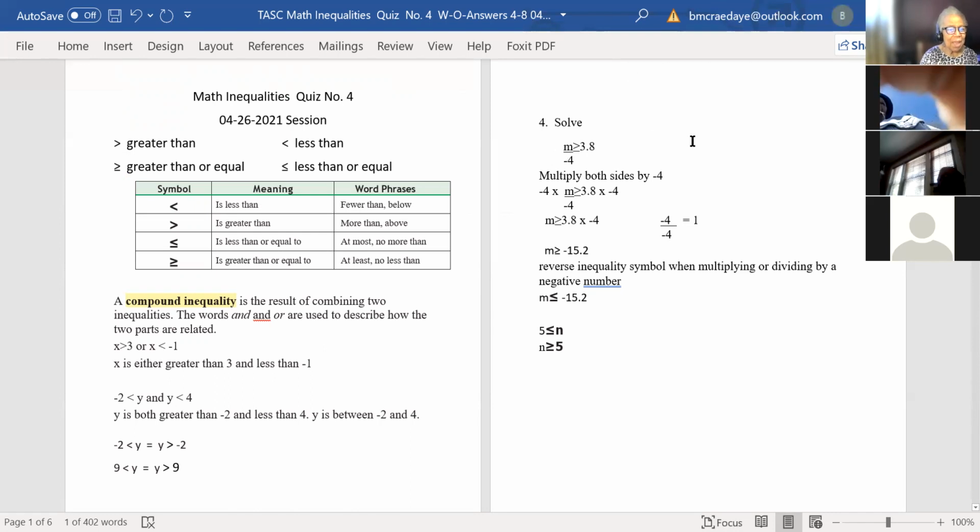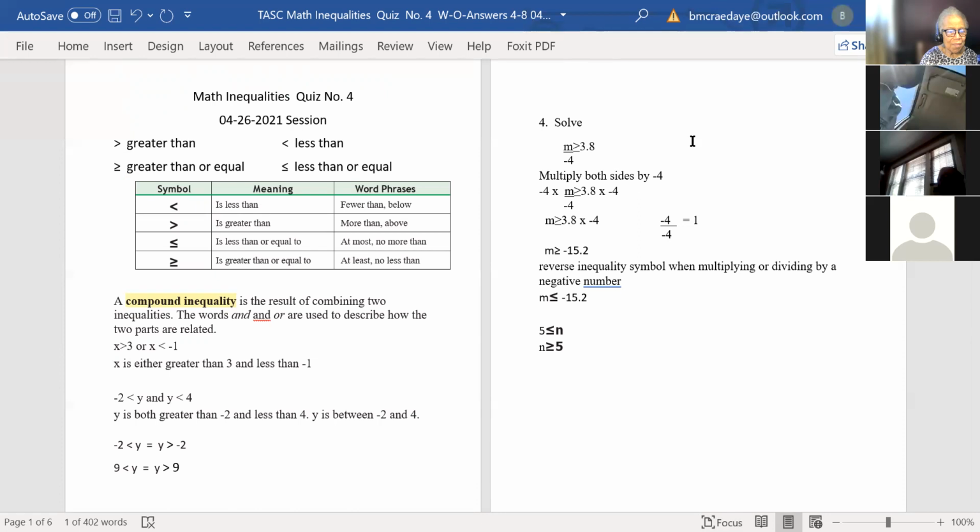And you got what? When you multiply both sides by -4, you get -4 times -4, you get 1. So you multiply 3.8 times -4, and your inequality is m